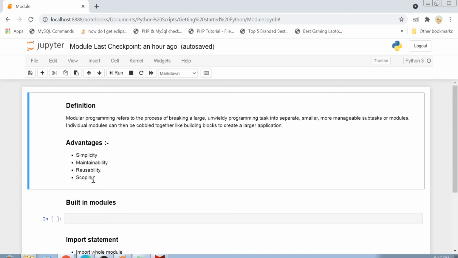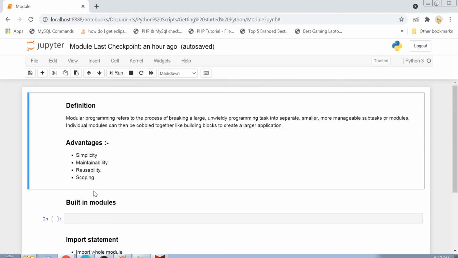For example, I have a module called credit card activation. There I am using credit card number. That credit card number will be different from your application, where you have something called online payment and the variable name is also credit card number. So we both will be handling different variables with the same name, but they are limited to their own scope. That's the importance of it: you can use the same variable names and function names in your code, even though they are both part of a bigger application, just by separating our code into different modules. So I hope that is clear to you.